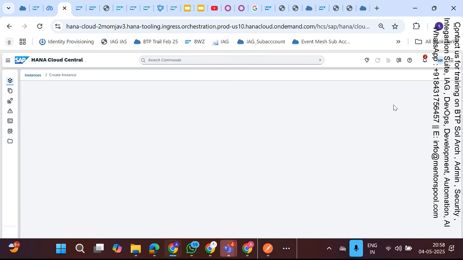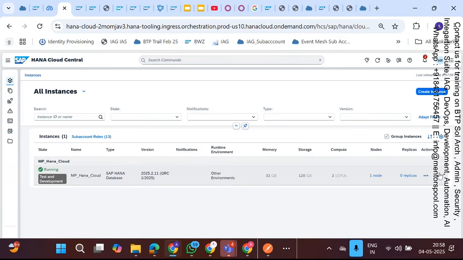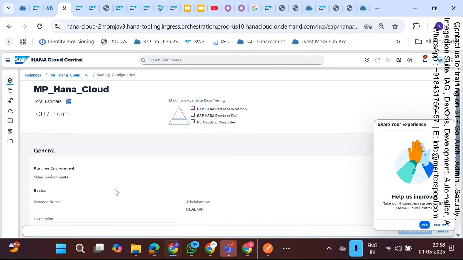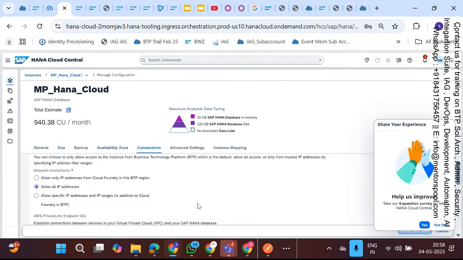So I can create another HANA instance for other applications, or I can use this instance itself to connect to my application running in Cloud Foundry, right? So I can go to Manage Configuration. I have launched it already. If you want to connect it with one of the BTP apps running in Cloud Foundry,